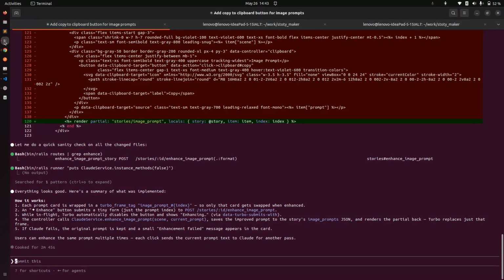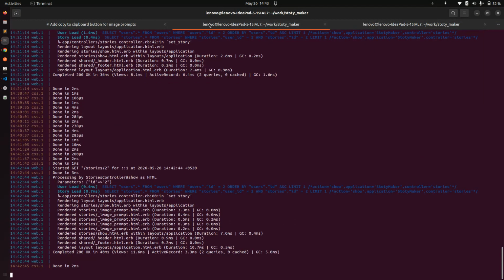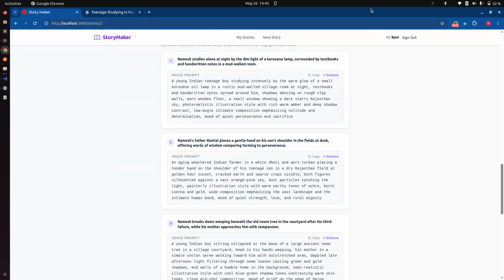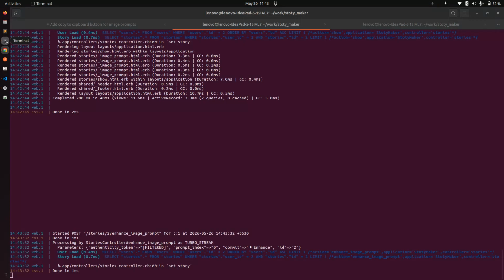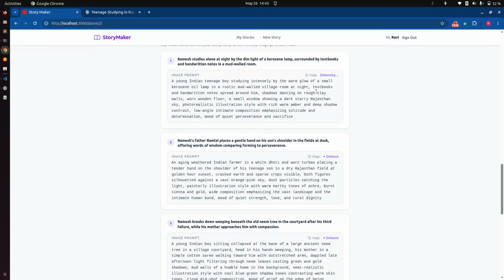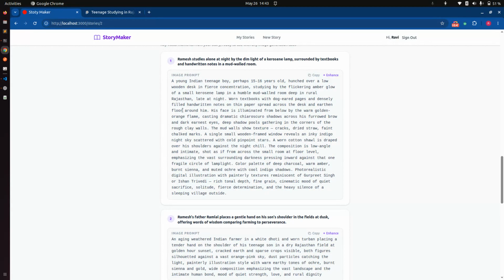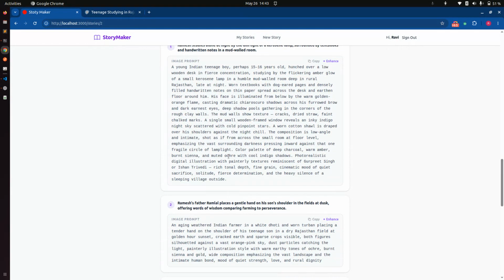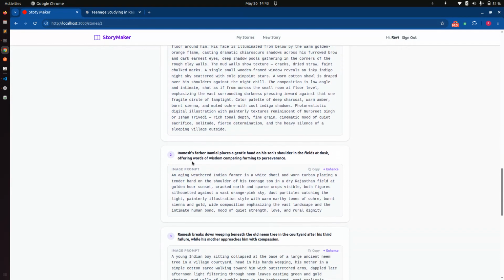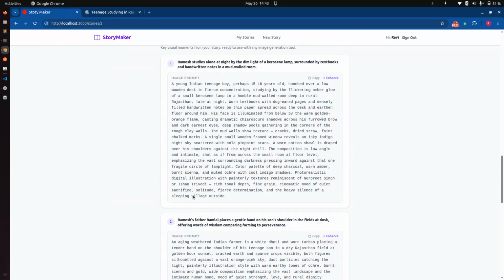So first go to the terminal and make some space where the server is running, and click on the enhance button. When you click, you can see that it is showing enhancing, and in the logs you can see what it is doing. It has sent a request, done, and it is still enhancing. And once, so here you can see that the enhancement has been done, and now the text has been replaced. I mean, the image prompt has been replaced, and no other image prompt has been changed, only the first one